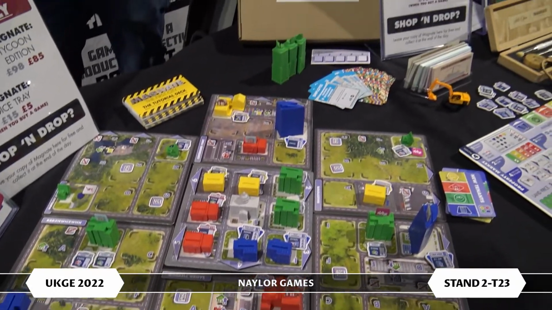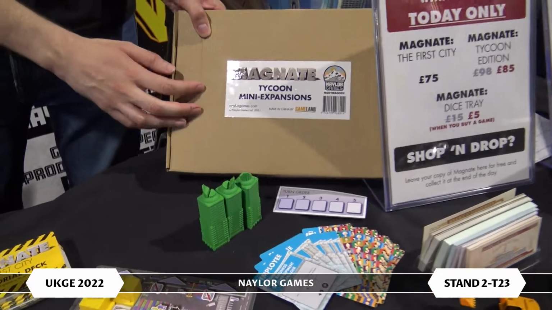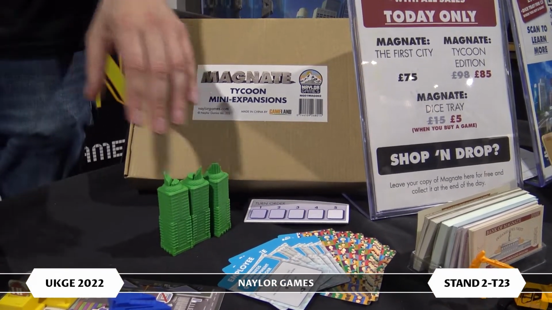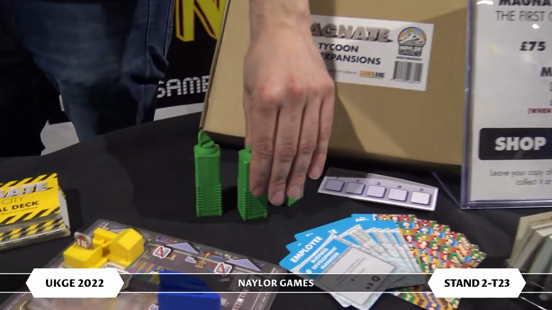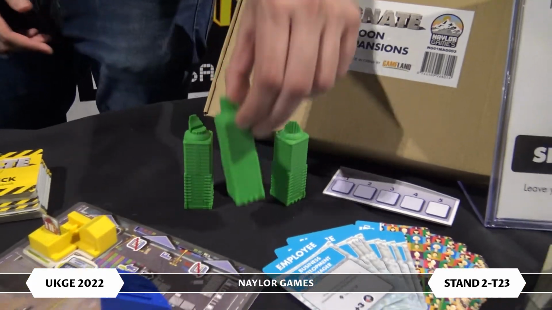And what is mini expansions? What have we got here? Right, okay, so this is something that we did on the Kickstarter, and it's only available from us, which is the Tycoon mini expansions, which are essentially a set of expansions for Magnate. You get a whole new building, which is the apartment tower complex. Fun. Very fancy. I feel like it's one of those buildings in Dubai. Oh, yeah, that does look fancy. It's a bit like